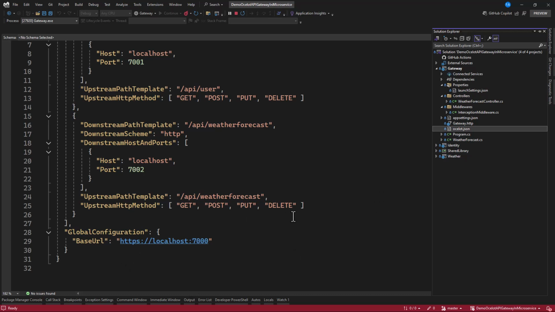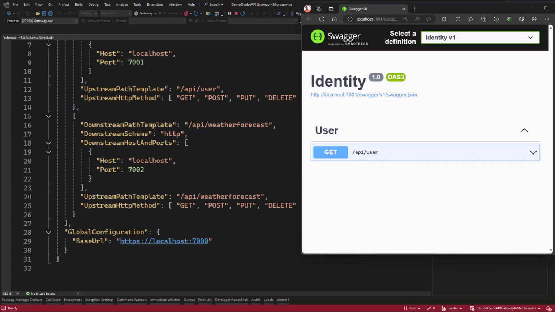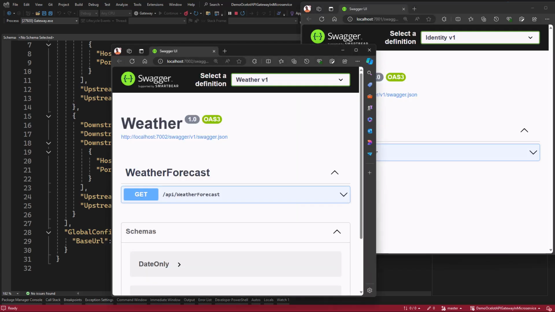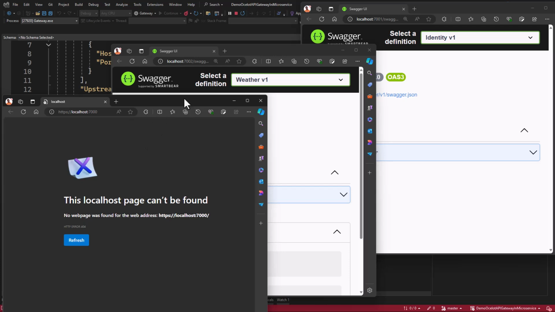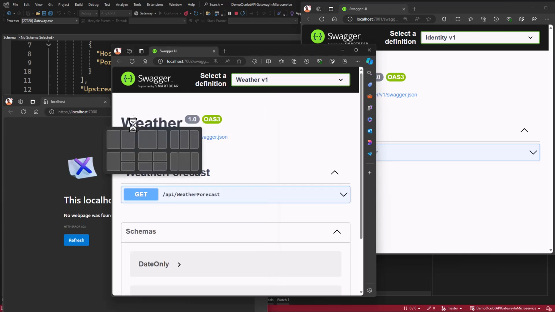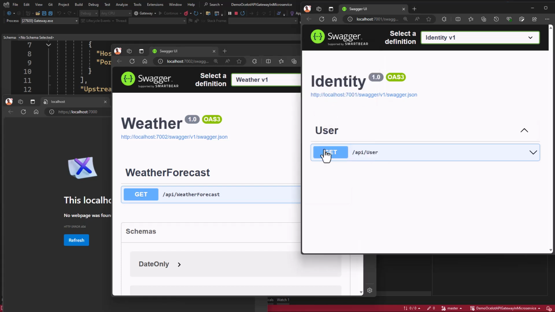Good, now let's go and add authentication. There are several ways of adding authentication to this. In this project, I'm going to create a separate project which will handle authentication in our microservices. Before we dive right into that, I have already launched this for you to see what is going on. This is what we did previously. I'm just trying to show you where we are. Now you can see from here we have weather forecast. This is our weather API. This is our user API.